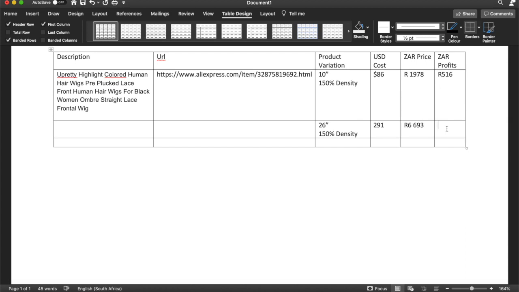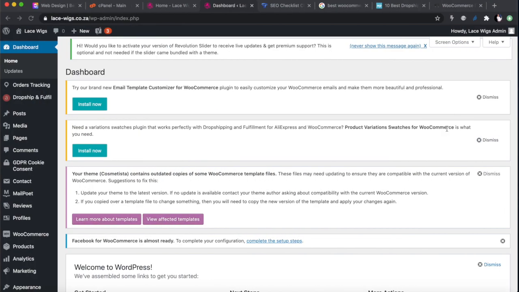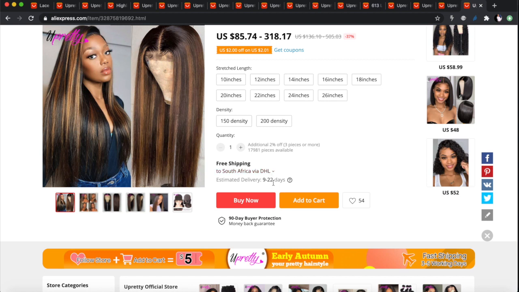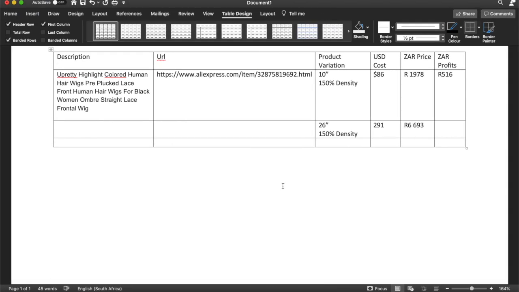So you're going to compete with them with delivery times, and we've already sorted that out by making sure that we're getting between 9 to 22 days, nothing more than 20 days delivery. So this item will arrive at the latest in 2 weeks to your clients. So you've got that good. Most clients will not worry about this, especially if they're going to get a good quality wig. The second thing is your pricing. That's where you're going to beat your competitors. The lower you can go, the better.